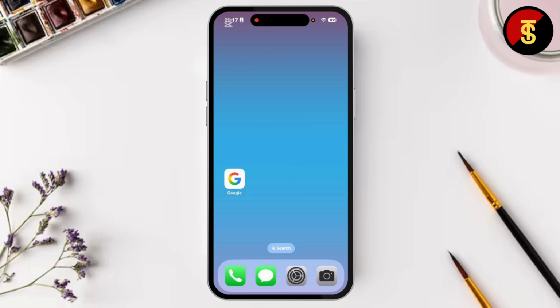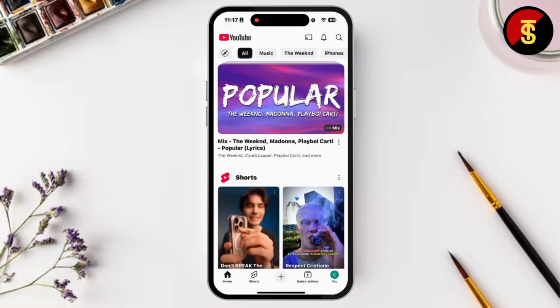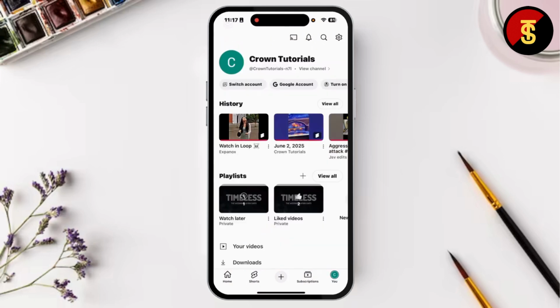So let's get started. In this process, at first you'll have to open the YouTube application on your system. Alright, after you open YouTube, you'll have to tap on your profile icon at the bottom right corner. Alright, so at the top, just below your YouTube channel, you'll have to tap on the View Channel